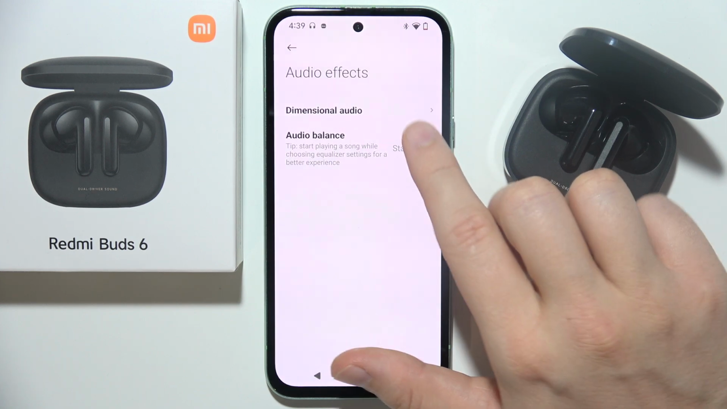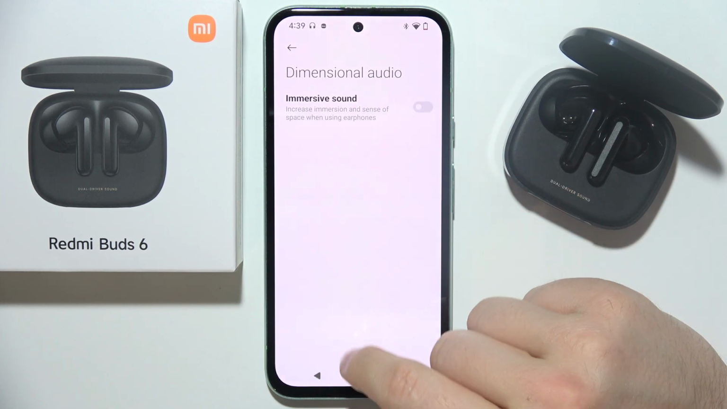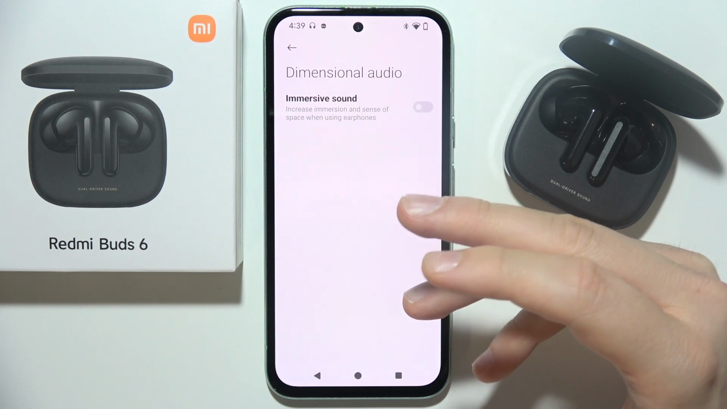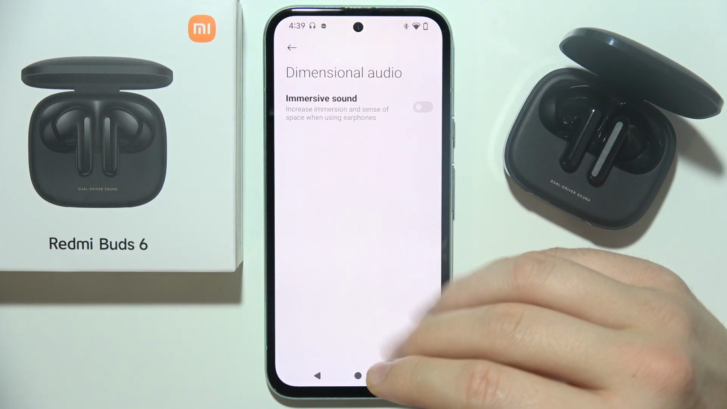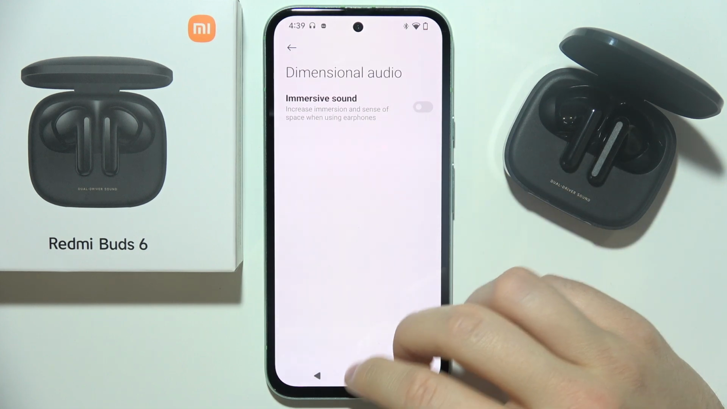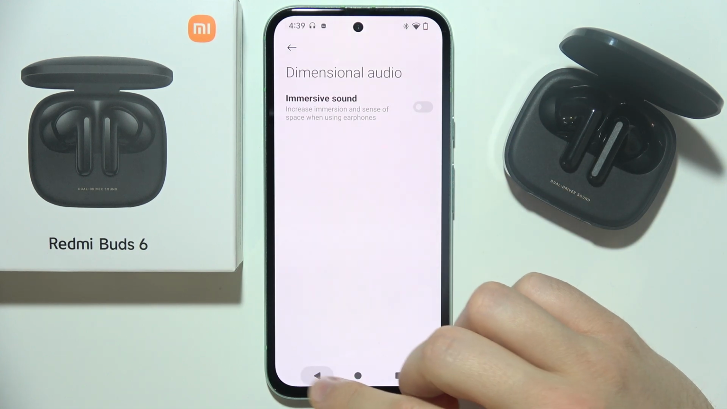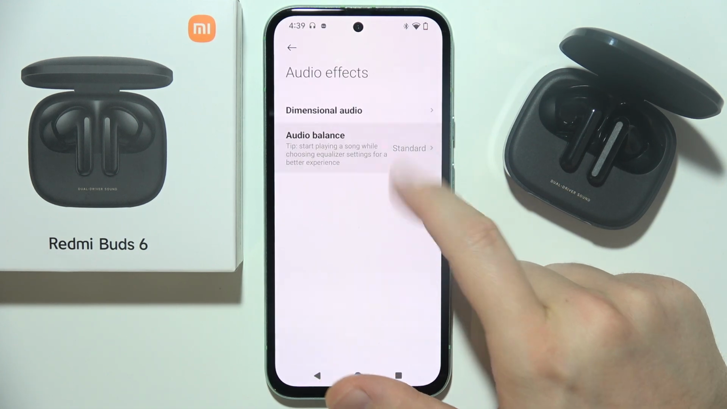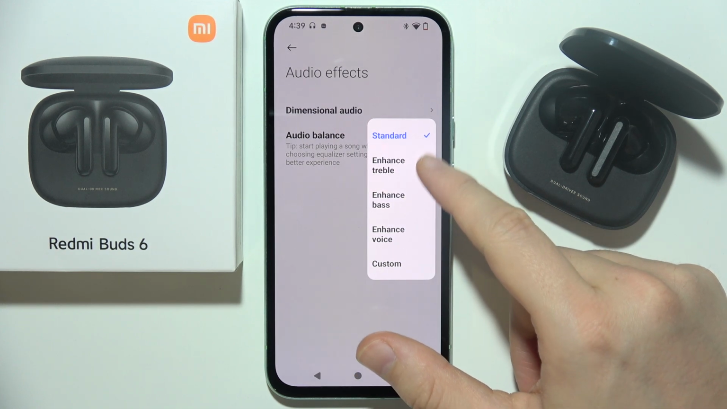So when you are here, be sure that you switch off this immersive sound. In my opinion, it's not a good option for this device. So it's not working like on AirPods. In my opinion, this one is actually useless. So be sure that you switch this off and then go into audio balance and try to use one of